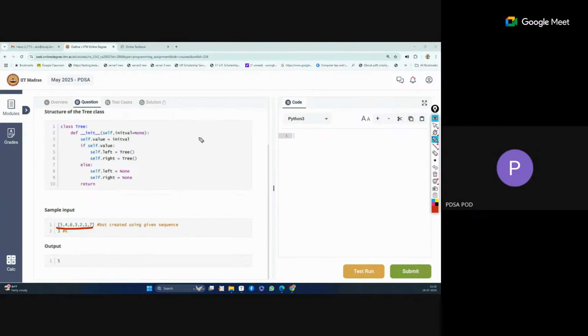So 5 is the first inserted node. I am creating the binary search tree. I hope you know the process of binary search tree creation. This is also very important for quiz 2. Any sequence is given, we always start the insertion from the root node, and we check where the new element should come. We always compare from the root node. So 5 is inserted directly as the initial node. Now for 4, we always start from the root node. When we get an empty location, we add it. So 4 is smaller than